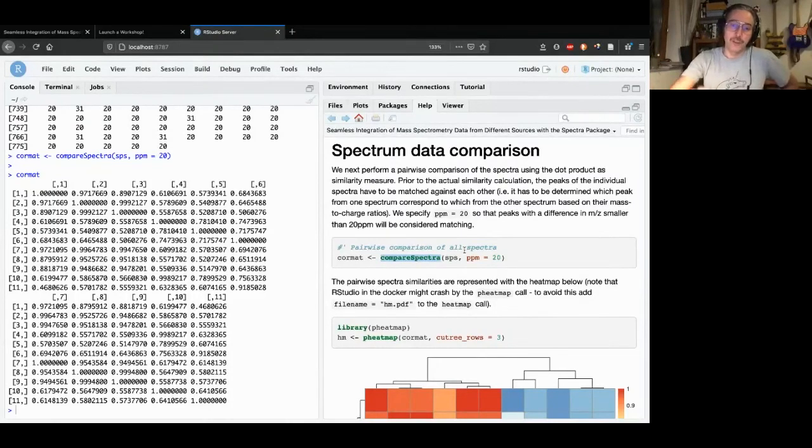The thing that I wanted to mention here, however, is that this compare spectra is a two-step approach where we first have to match the peaks between the spectra, because obviously mass spectrometer instruments have a little bit of measurement error, so we will never get exactly the same mass to charge ratio value. That's why we, for example, have here also the parameter ppm, which allows us to say that these two peaks are the same, although their mass to charge ratio value is a little bit different. So this is the first step of compare spectra, matching the spectra,